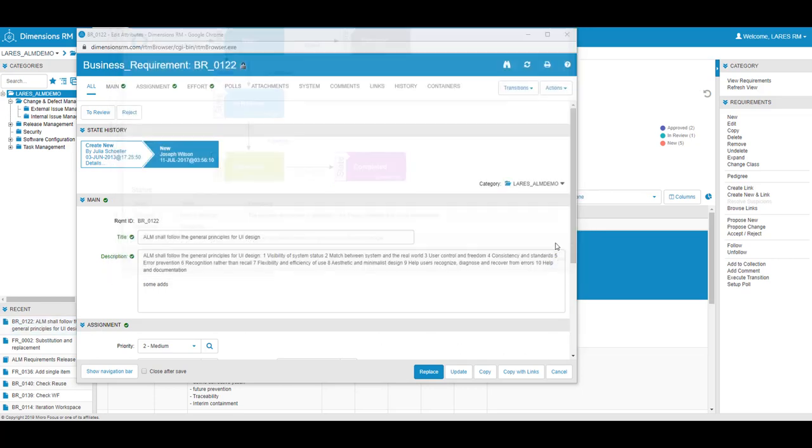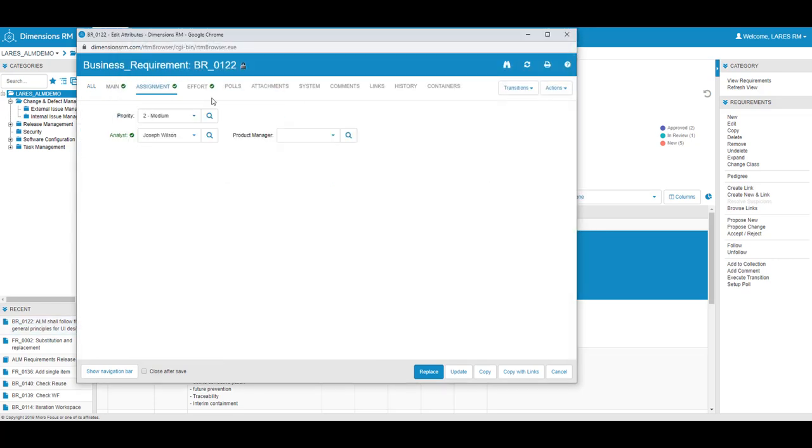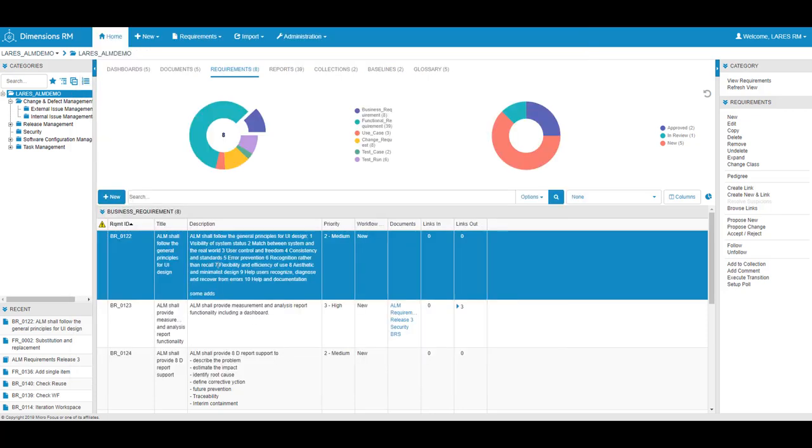So let's go out from this page and we can actually go to assignments. And at this state, we have the analyst like Joseph Wilson. So let's actually change it to a name, which is Laris. And let's do our project manager as Laris1 RM. Let's actually update it. Now that the business requirement has been updated, let's go to a Laris1 user who is